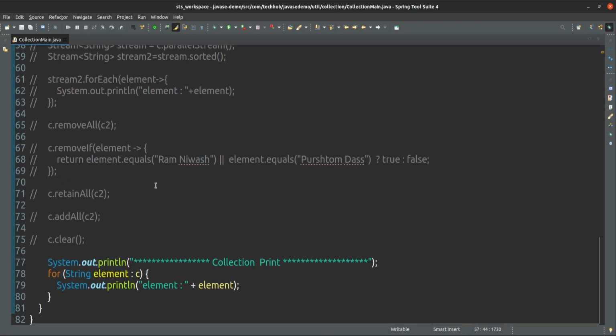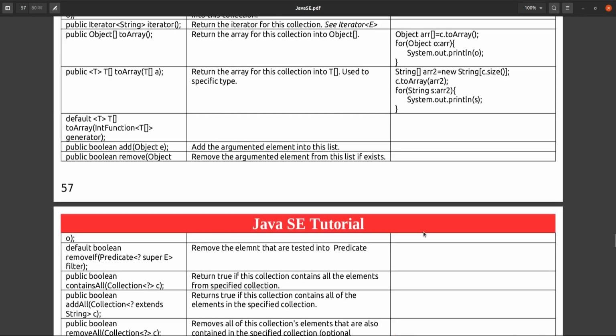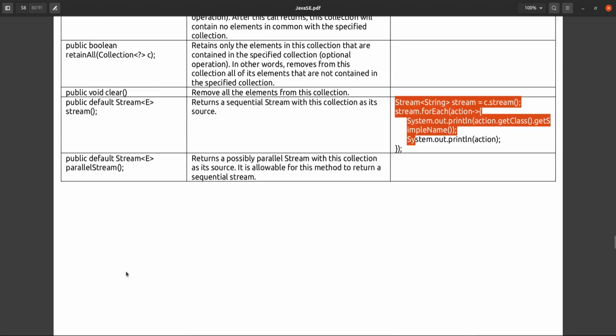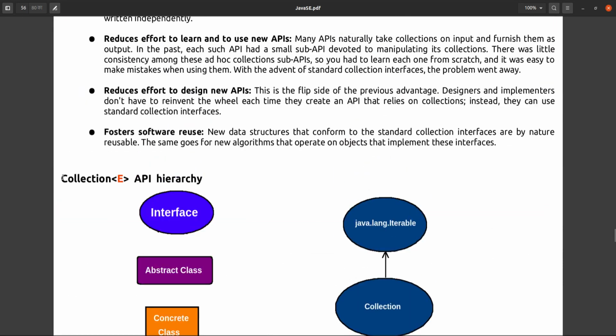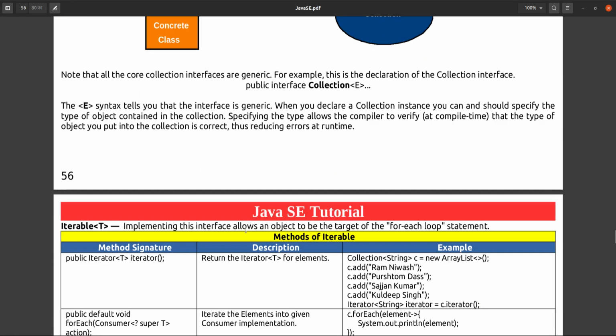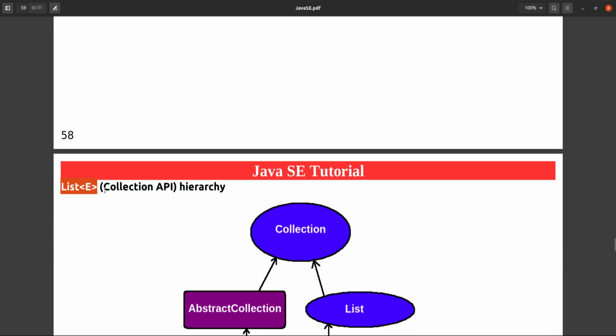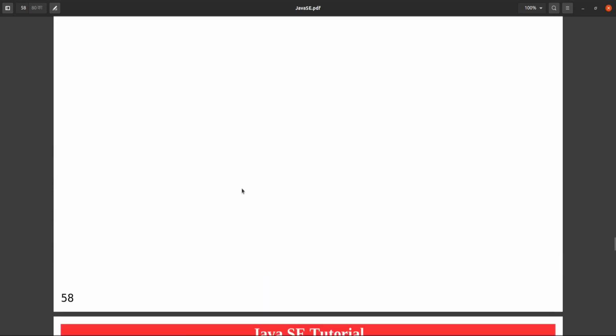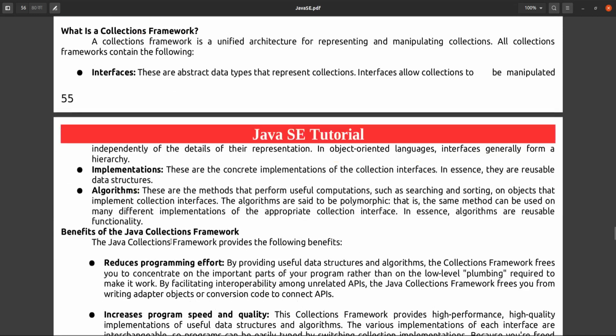Okay, next one is default. This is a parallel stream returns. Okay, this we have already seen. So only this much is there for this collection API, and in the next session we will see the list collection API, because we have already seen this definition. If you see again, what is the collection framework?